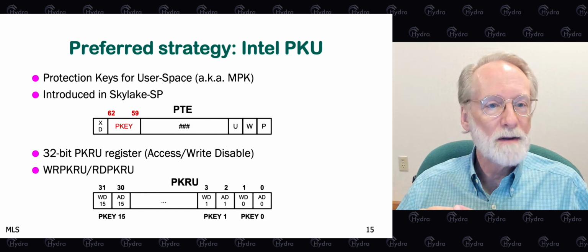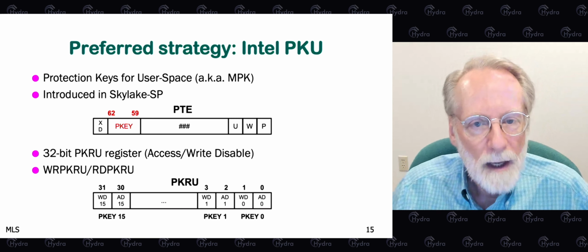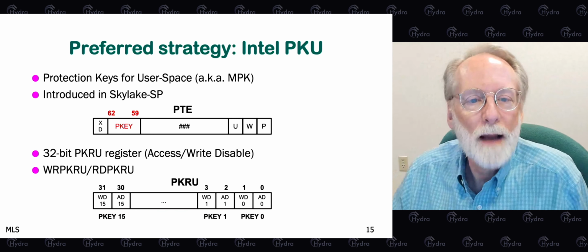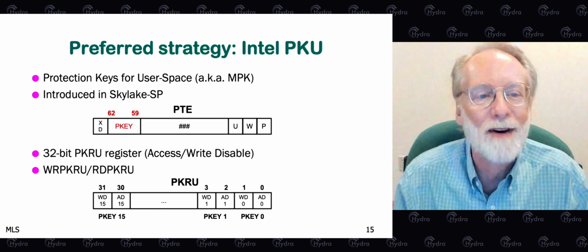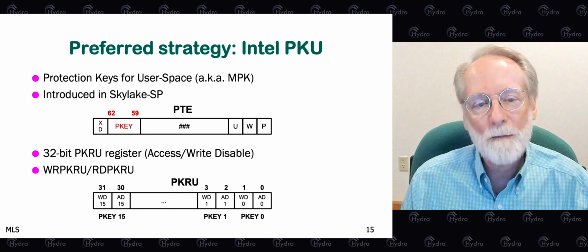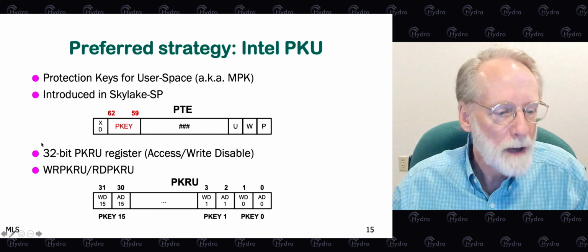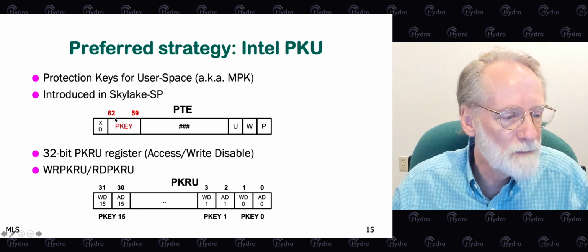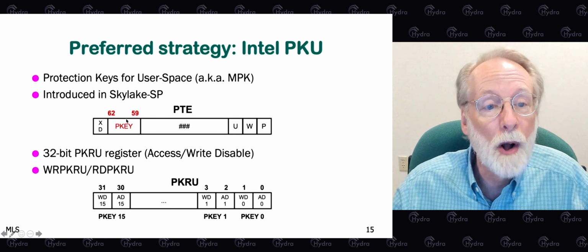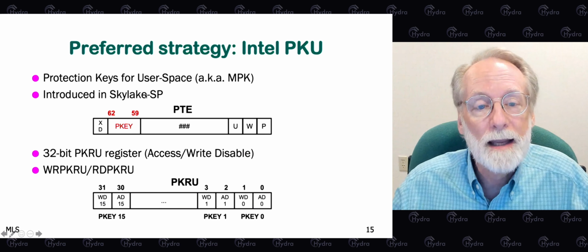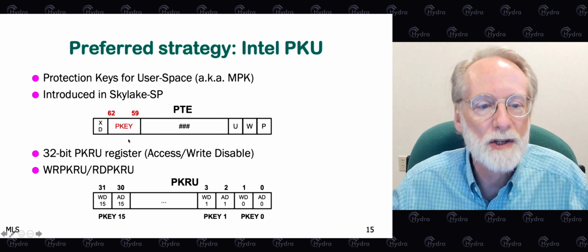Many people aren't aware that this is available in all server class Intel x86 processors since Skylake. It's a general mechanism called memory protection keys that Intel calls protection keys for user space. So 2 different 3-letter acronyms there. It leverages 4 previously unused bits in a page table entry. So the page table entry up near the top has in bits 59 through 62 a 4-bit field that was not previously used and is now called the protection key. That means that each page can be associated with one of 16, or 2 to the 4th, different protection domains.